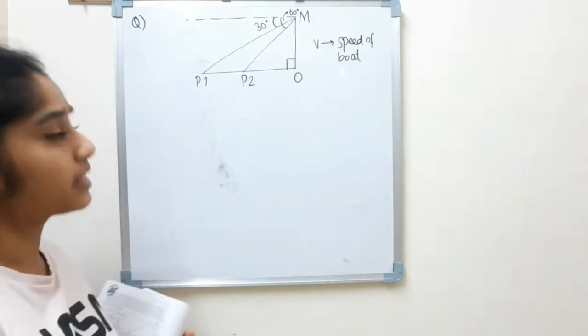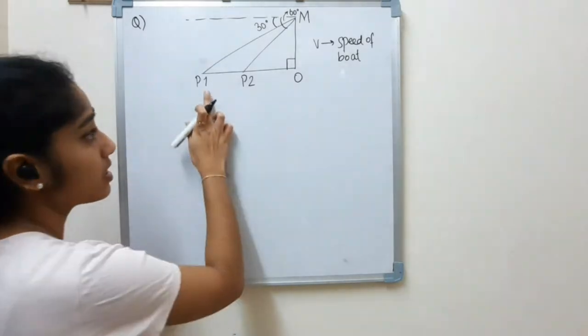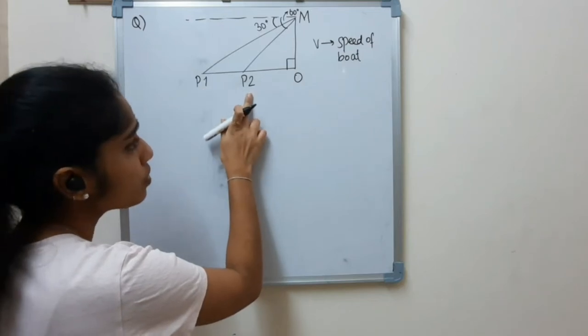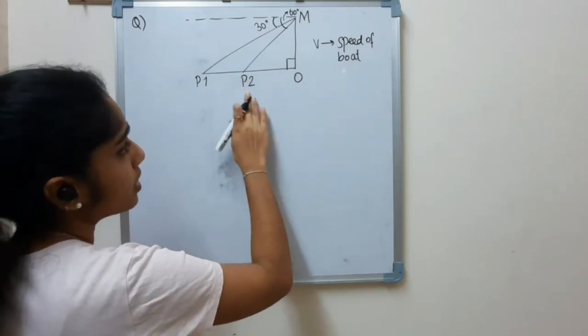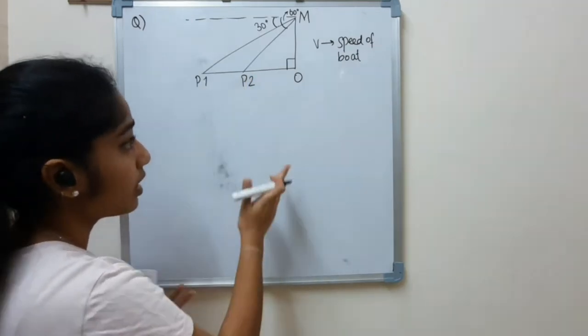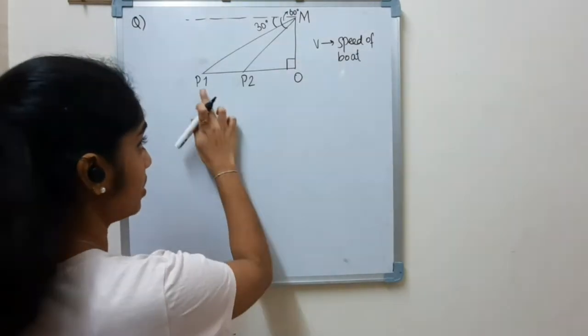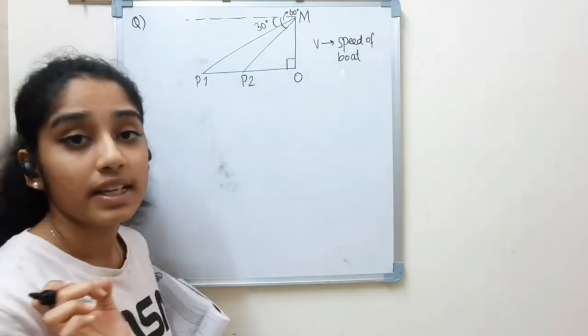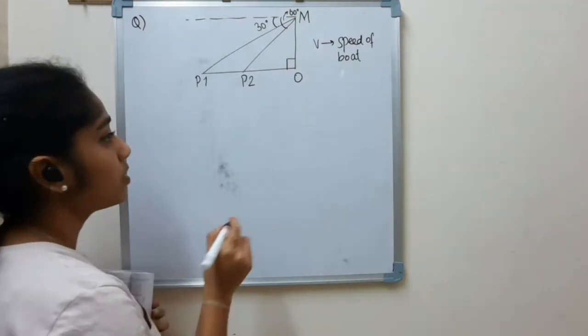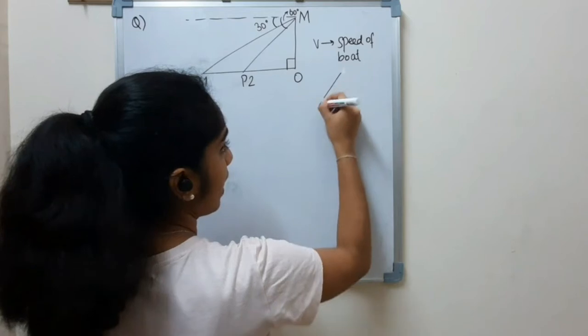In other questions, you will be given the distance from P1 to P2 or P2 to O or something, in terms of distance. But here we're given the time. From here to here, it takes the boat 6 minutes. So according to the distance formula we have,